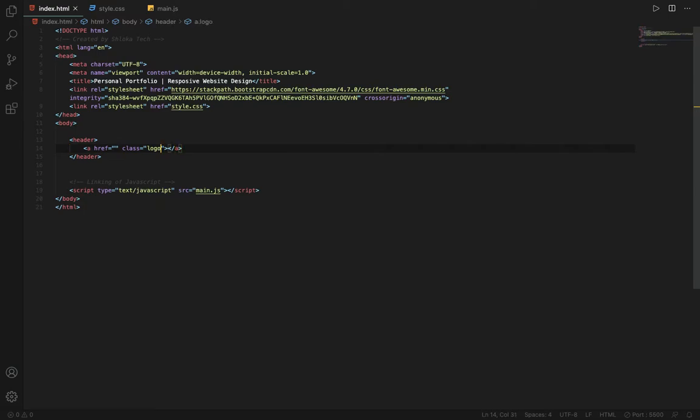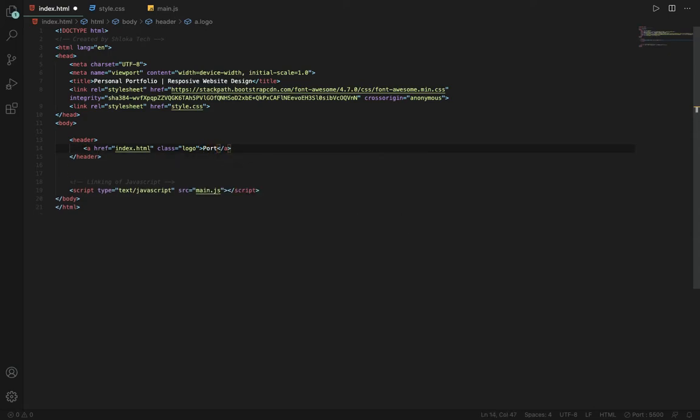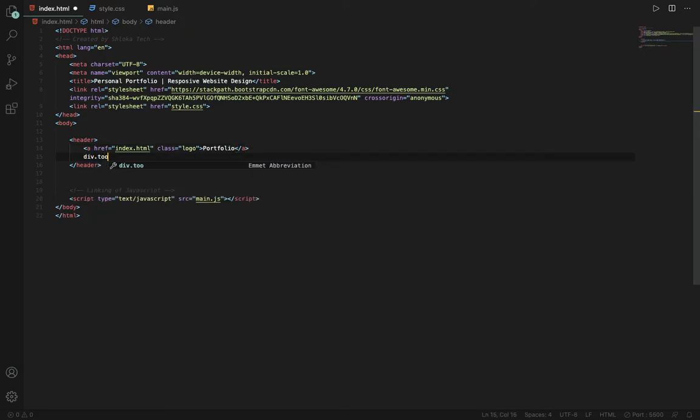It will redirect to, let's say, this page will be Taylor HTML, and inside this anchor tag I will say portfolio. After this anchor tag I will add a div with the class of